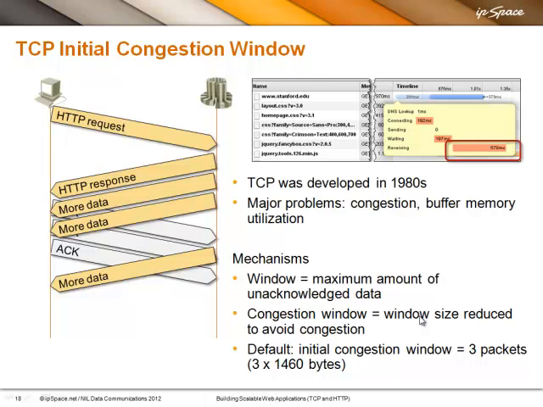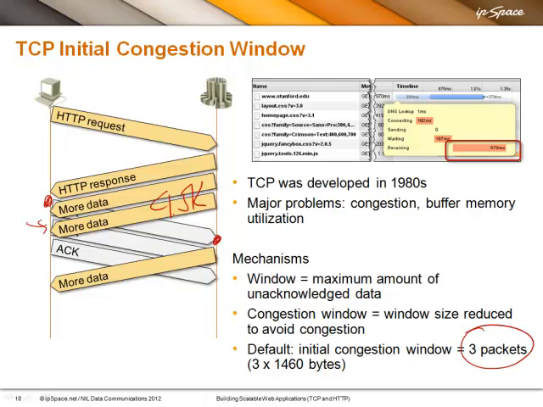The initial congestion window, because we have no idea what the network conditions are, is by default 3 packets. In standard networks with MTU equal to 1500 bytes, that would be 3 times 1460 bytes, or approximately 4.5K, a bit less than that. If you have networks with lower MTUs, then of course 3 packets are a bit less than that. In the first response, the server can deliver approximately 4.5K worth of data. After that, the server has to wait for the first ACK packet to arrive, and then it can send one more packet.